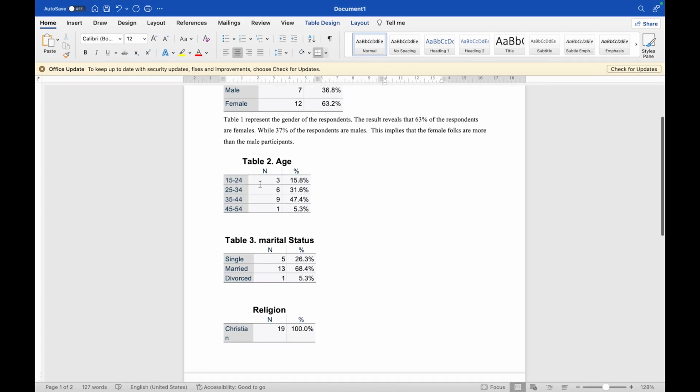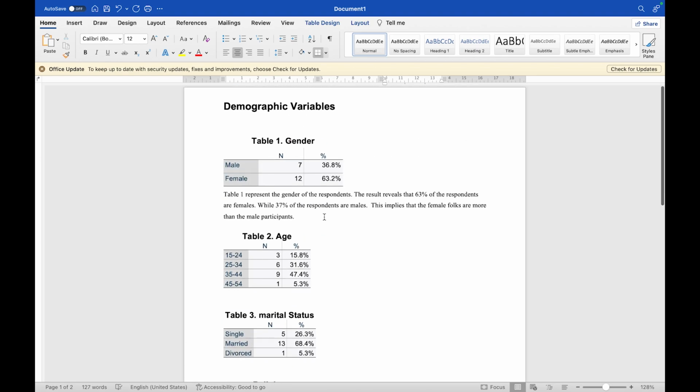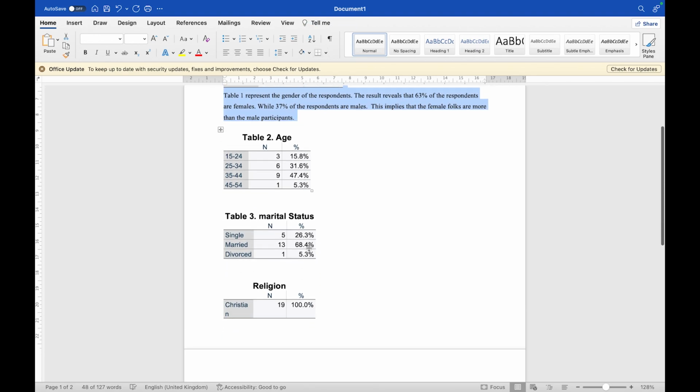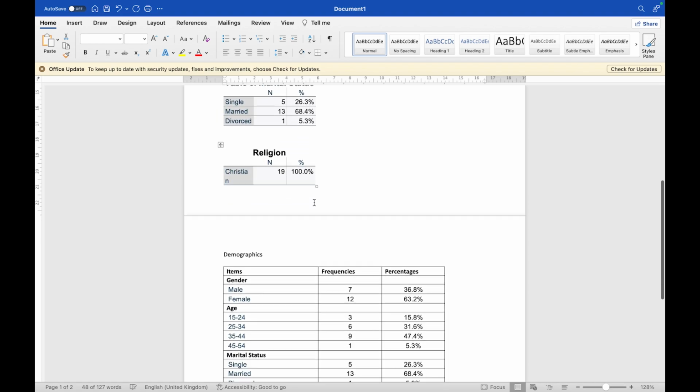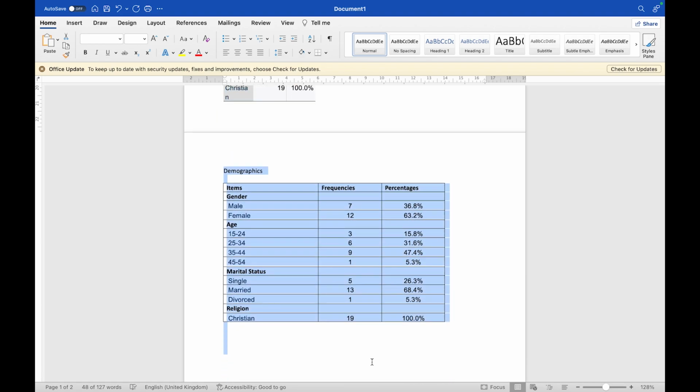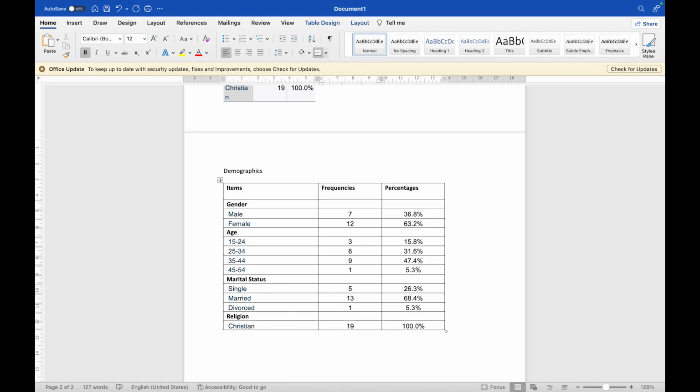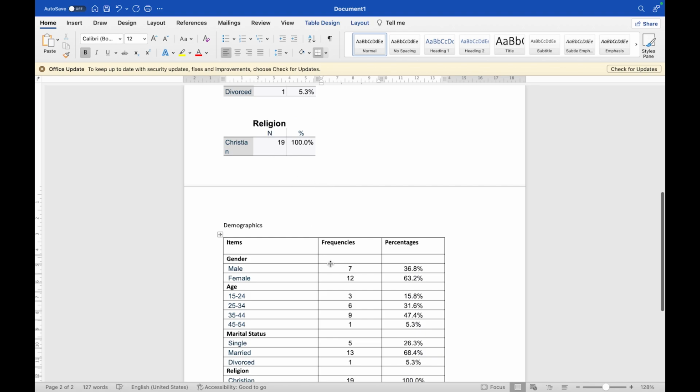Okay, so this is the first, and having done this, you can use it and do the rest. This is when it is split individually. But when you combine the table in APA format, this is what it will look like. Sometimes they will tell you what the N is. N means frequencies, N means number. Some people will put N here, some will also put F. Then the percentages, they can put it